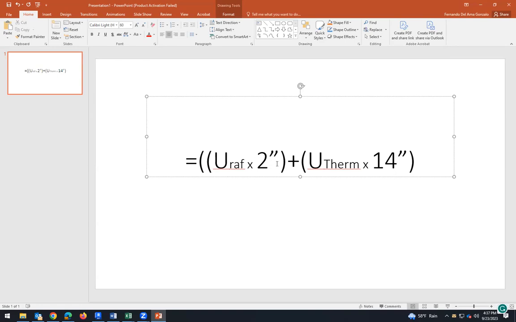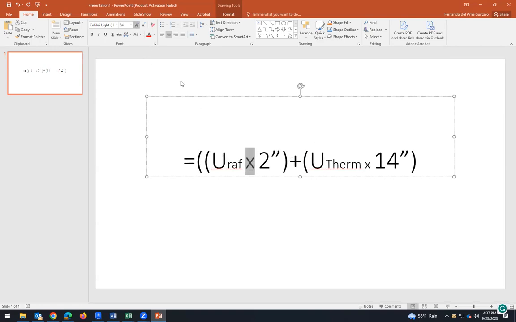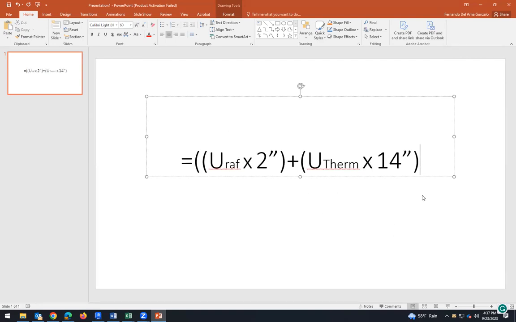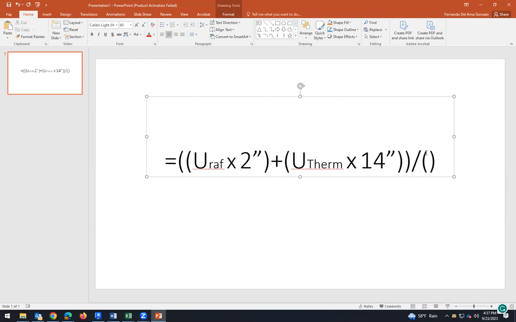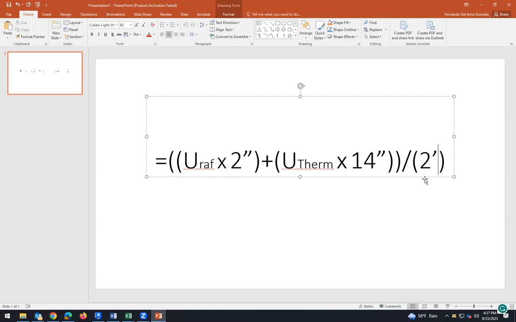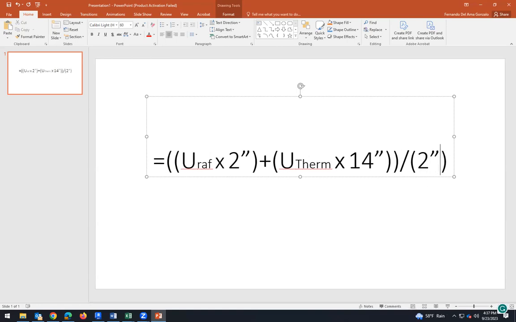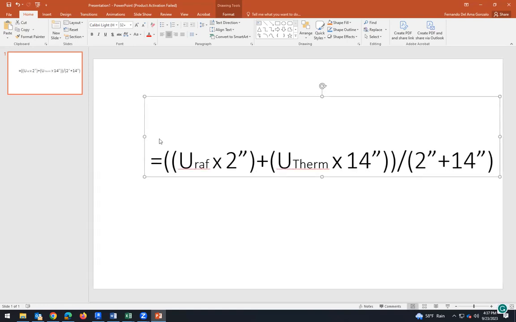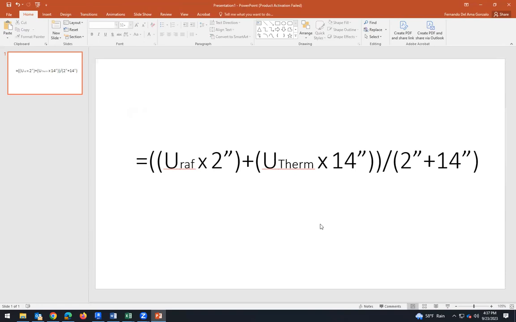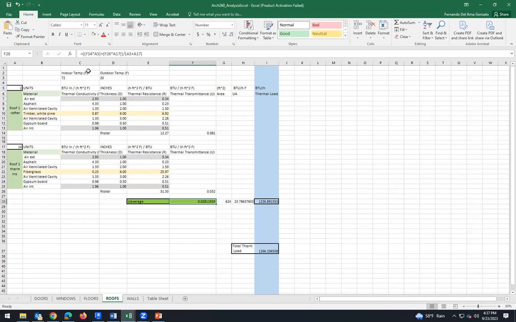Okay, so I have this product. This is times. And then I have to close this parenthesis. Now I have to divide by 2 inches plus 14 inches. So this is the formula that I have to write in